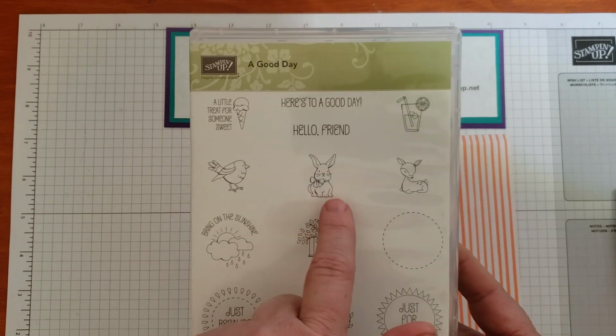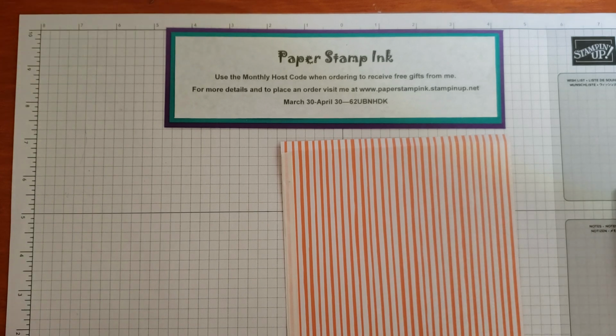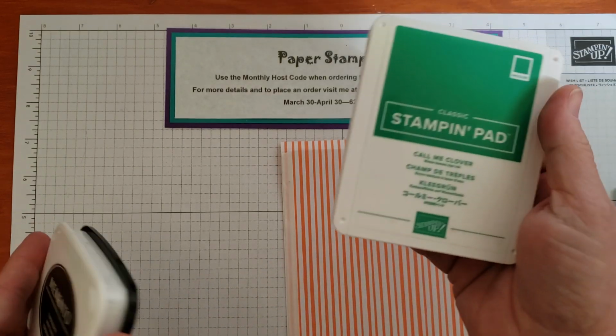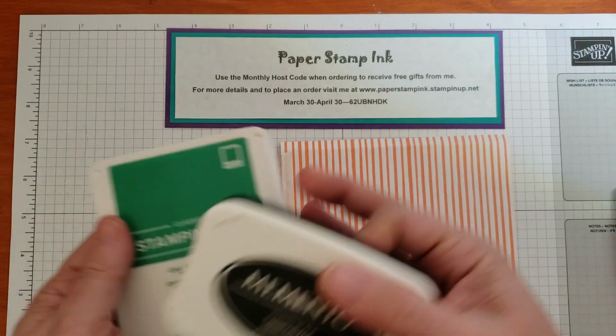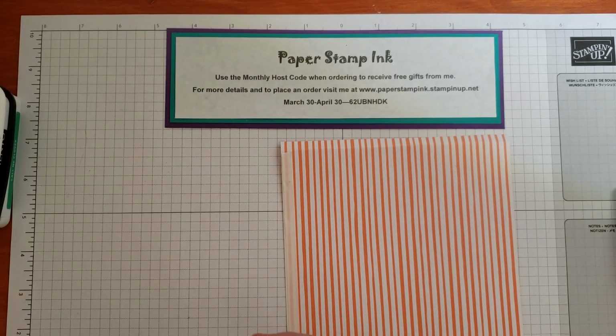And then I'm using this adorable little Easter bunny from A Good Day. I'm making it Easter bunny, but you could use it for anything. Great for baby cards too, just so sweet. For ink, I'm using Call Me Clover and Memento Tuxedo Black, as well as pulling in some of our stamping